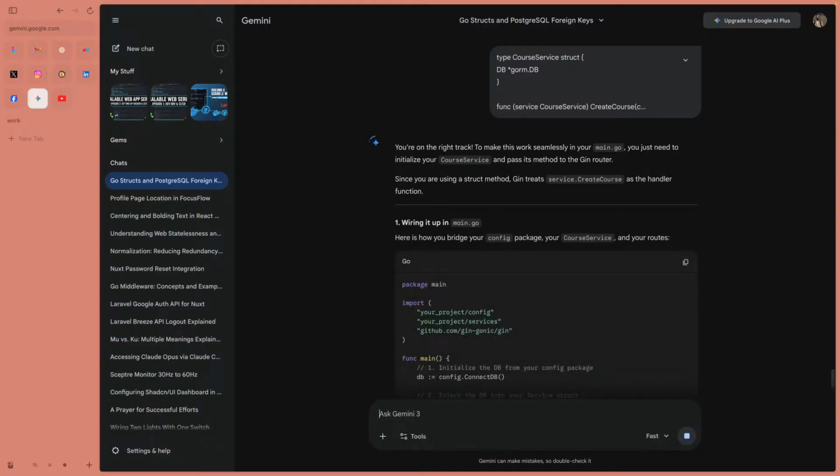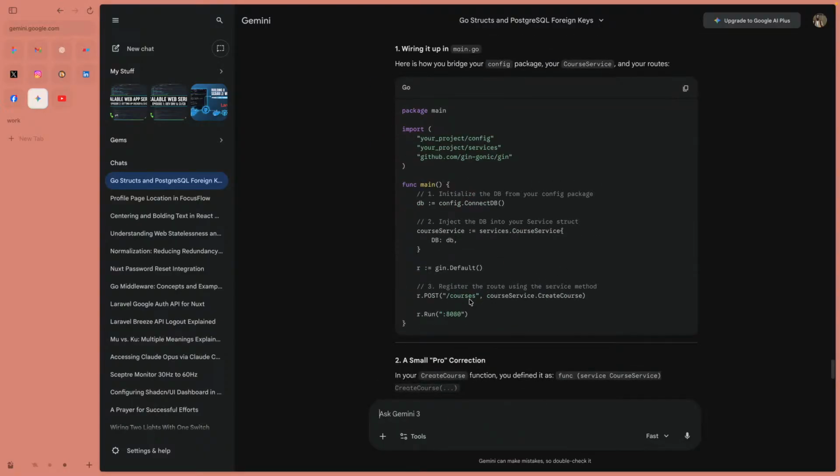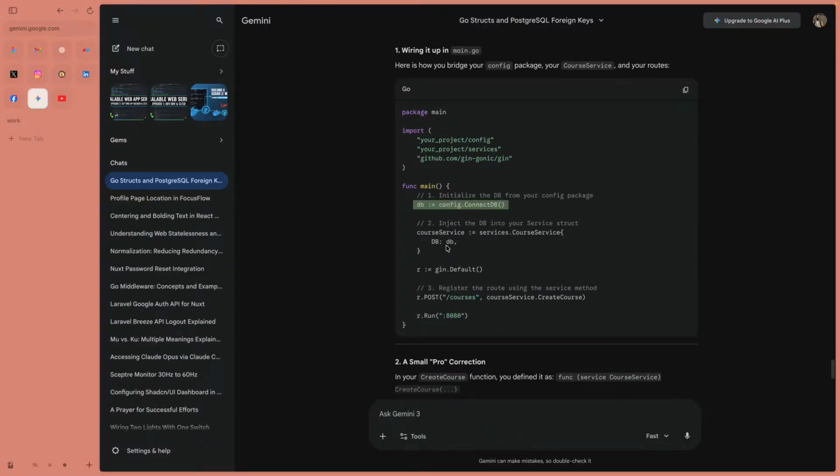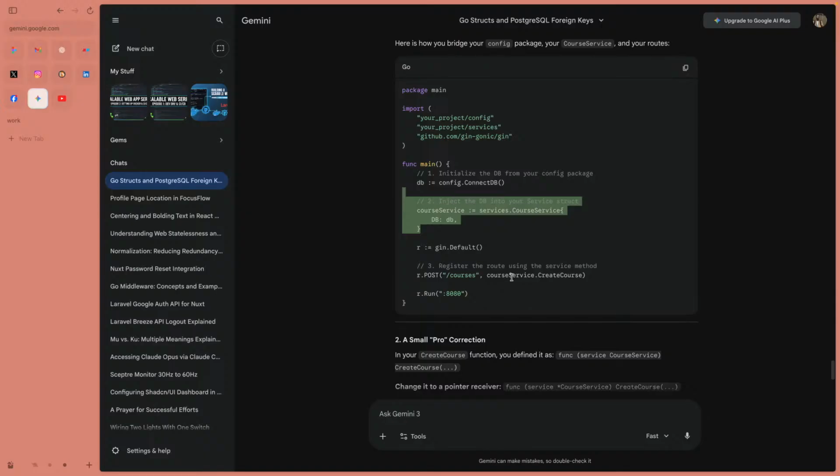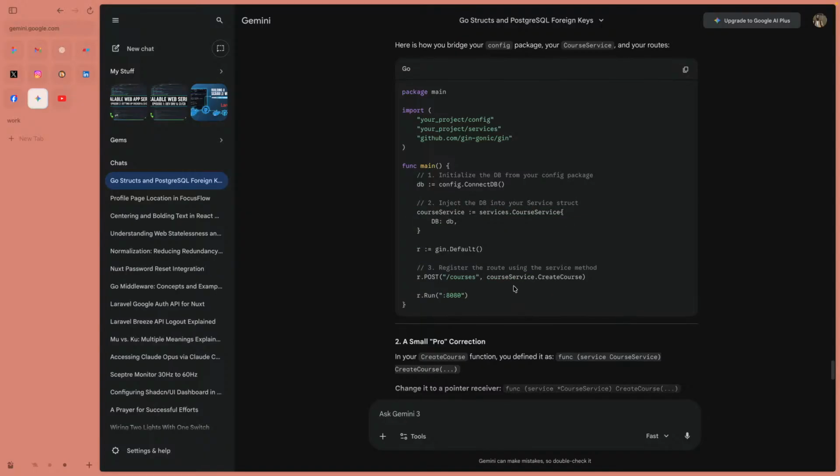You are on the right track. To make this work seamlessly in your main.go, you need to initialize your course service and pass its method into the Gin router. Since you're using a struct method, Gin treats service dot this as a handler. Okay, let's see. This db, we already have it, and then we initialize it here. Initialize the db from your config package. Okay, it is here, and then we're also passing it here. Here we need course service dot create course. Course service is equal to services dot